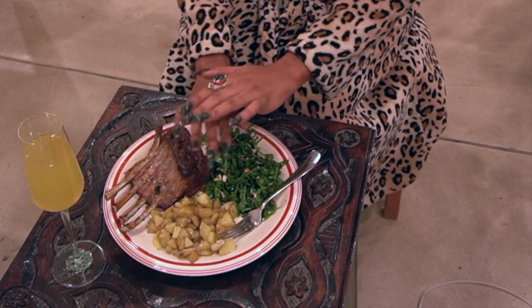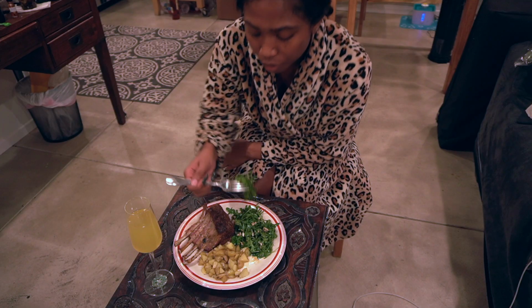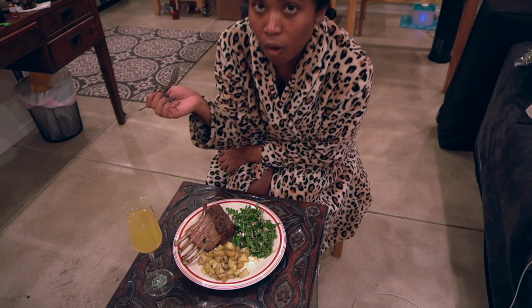And I also made myself a delicious meal right before I stepped into my manifestation and writing. So